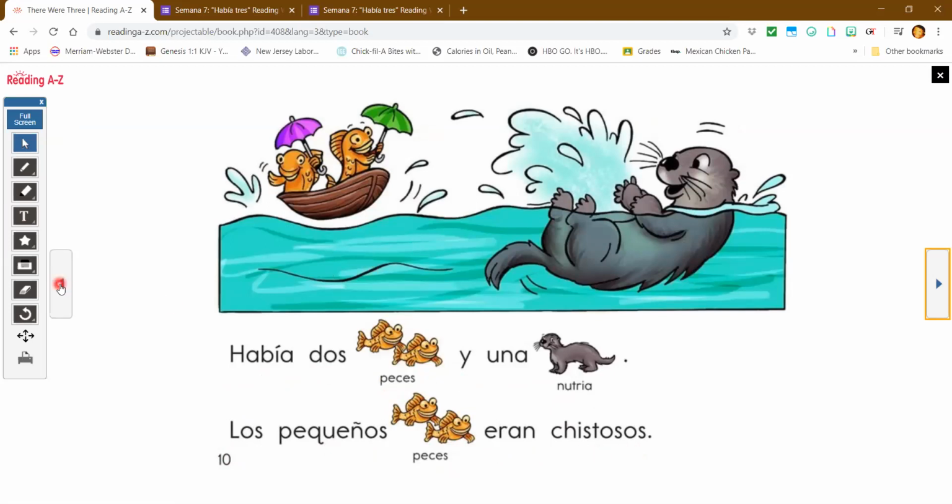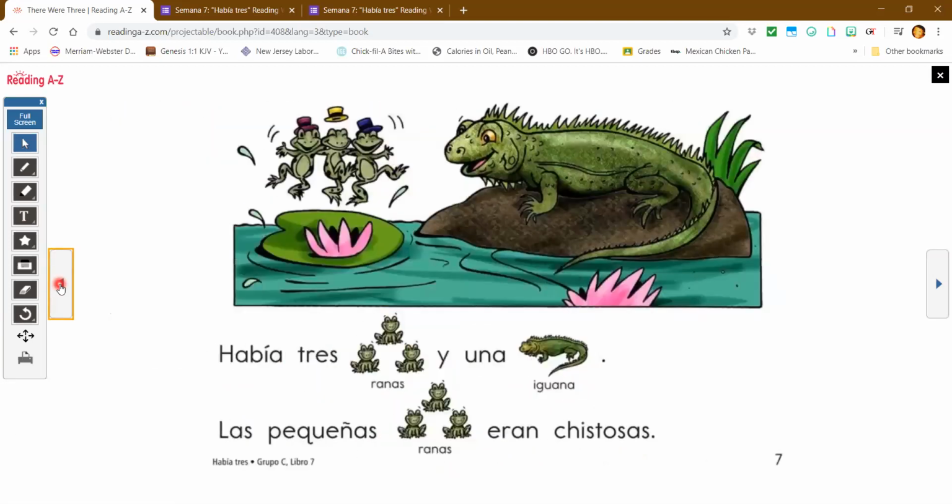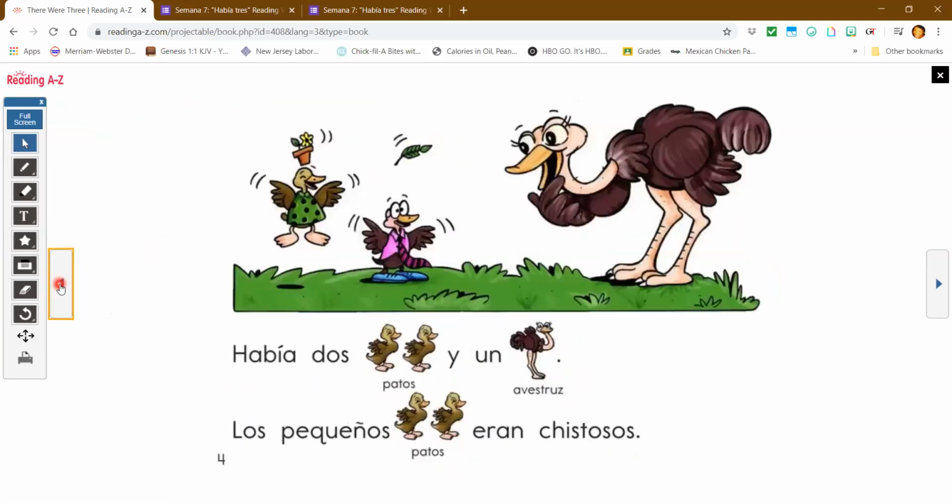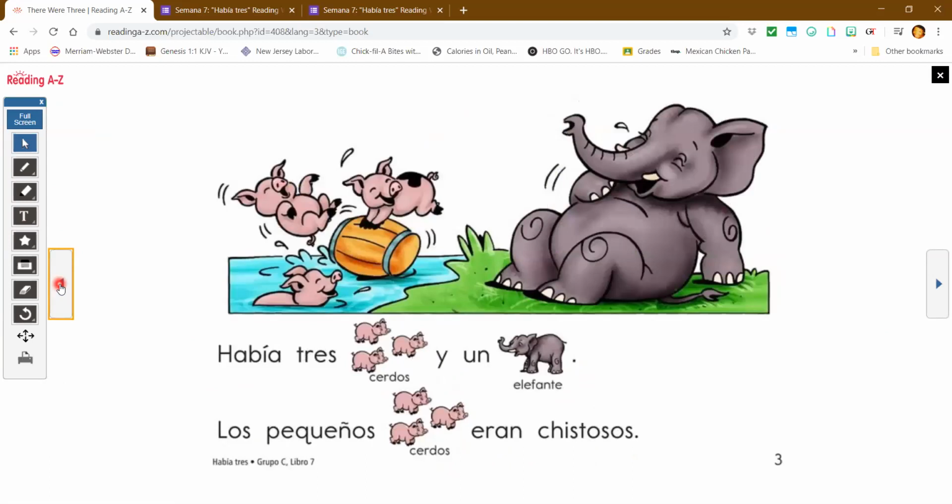Okay, we're going to return to the beginning of the book to go over the book in English. There were 3 pigs and an elephant. The small pigs were funny.